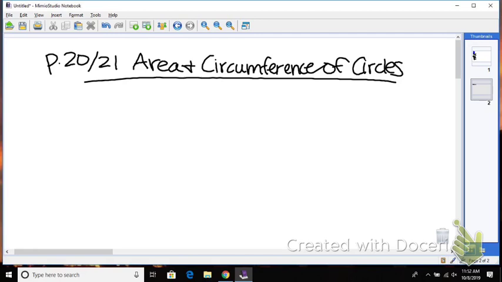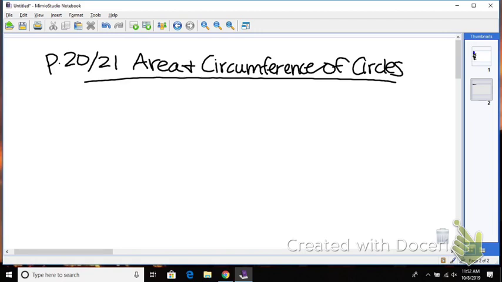And then turn to page 21 and write that at the top. When we talked about triangles and quadrilaterals, we said area and what? Perimeter. Today, talking about circles, I'm saying area and circumference. What do you think the circumference is? Same as perimeter, but when you're a circle, you're special and you get a special word for perimeter, and that